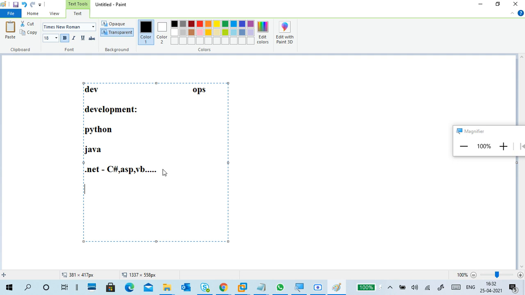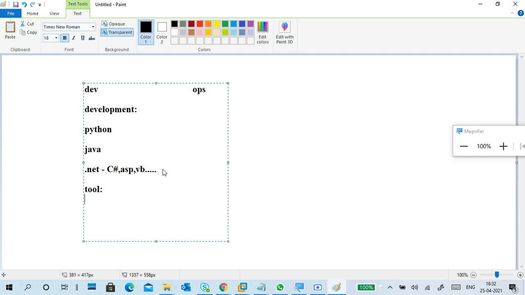Next, the tools. DevOps is not one application. DevOps is not at all an application. DevOps is a combination of multiple applications, multiple parts. Different life cycles are there, and each life cycle uses different types of tools. DevOps means understanding the tools used in development and operations. The main thing is how to utilize the tools, right?